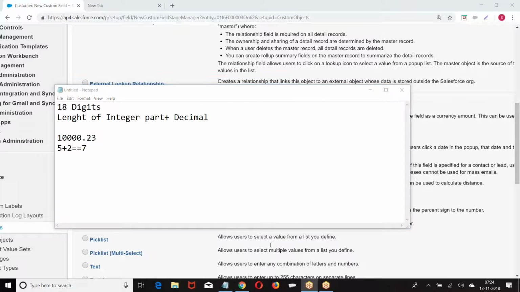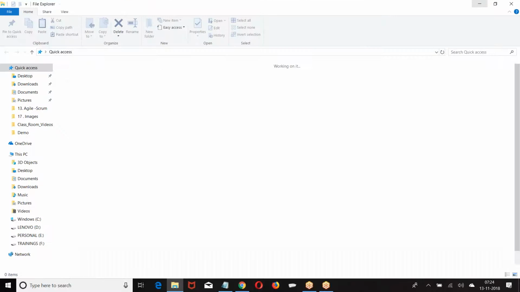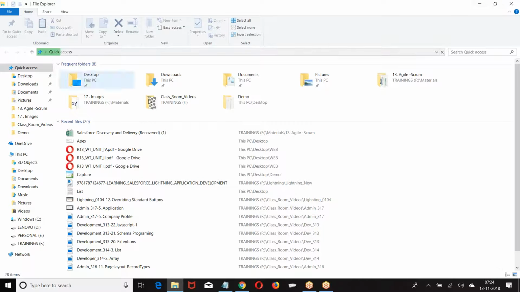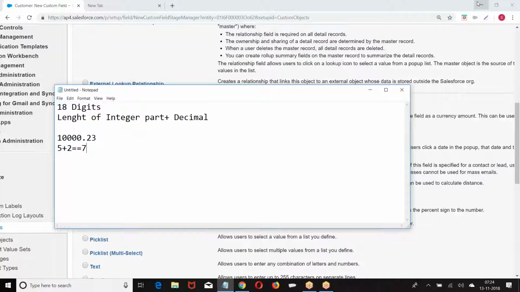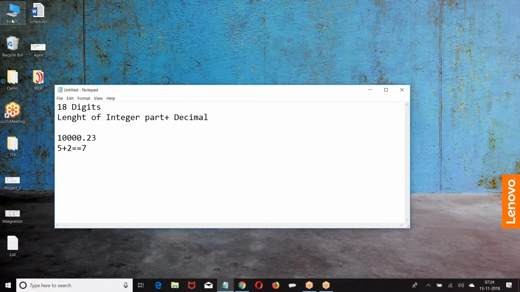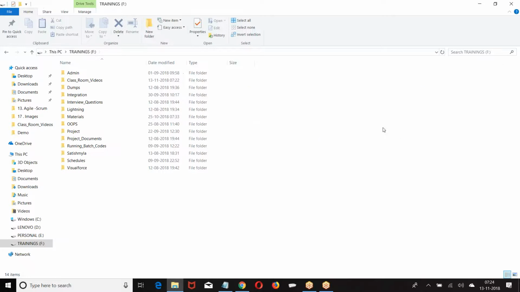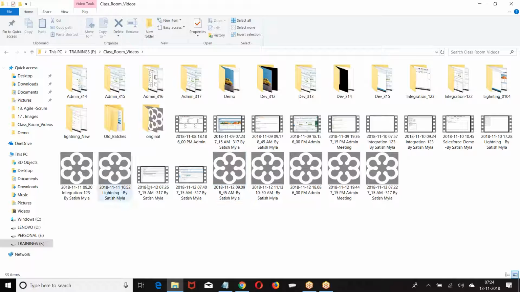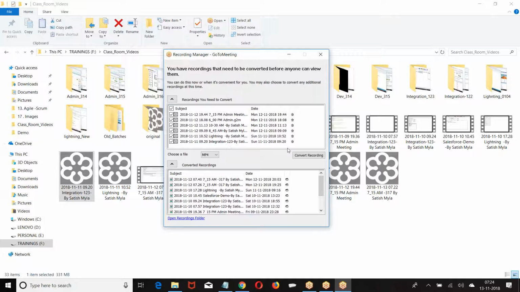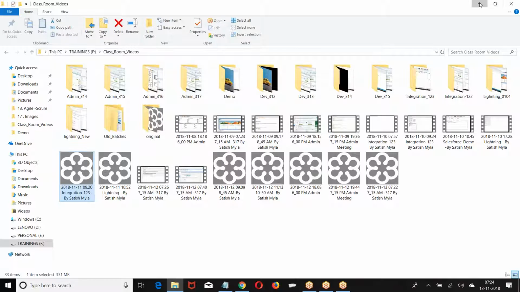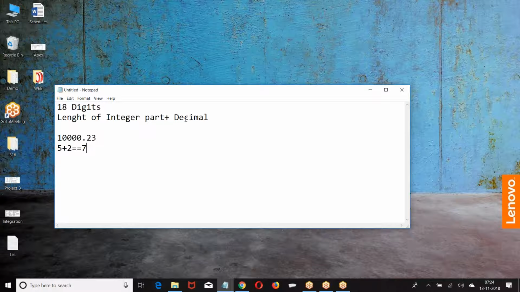It is the length of the integer plus the length of the decimal, and both together make up the 18 characters.